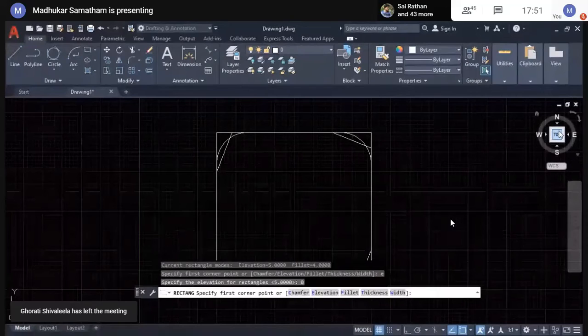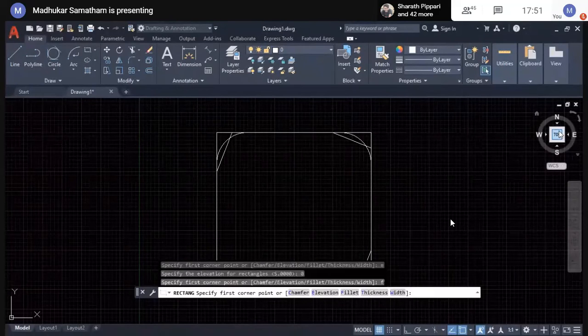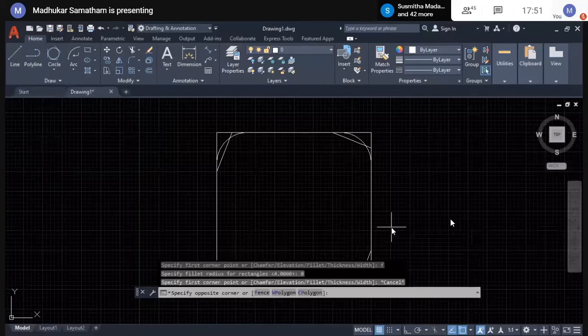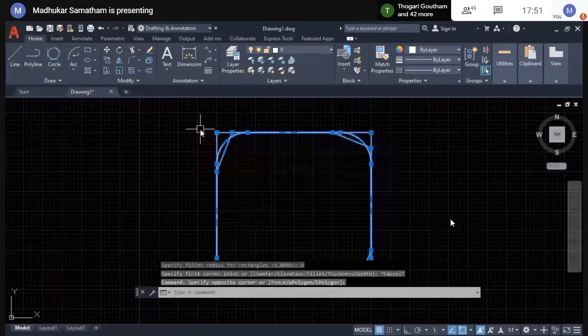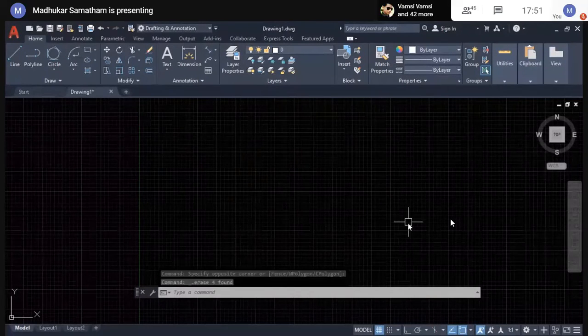So to avoid that, I make elevation 0 and fillet also 0. Thickness and width, when we go for three-dimensional drawings, I will explain to you. Right now it's not necessary, so leave it.